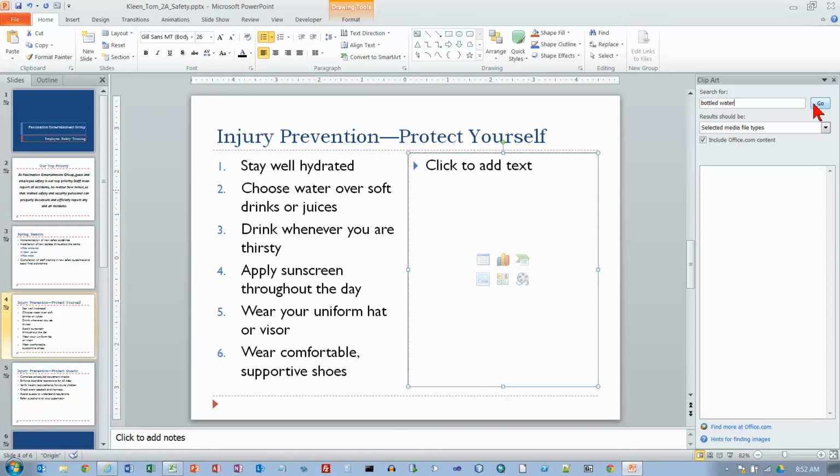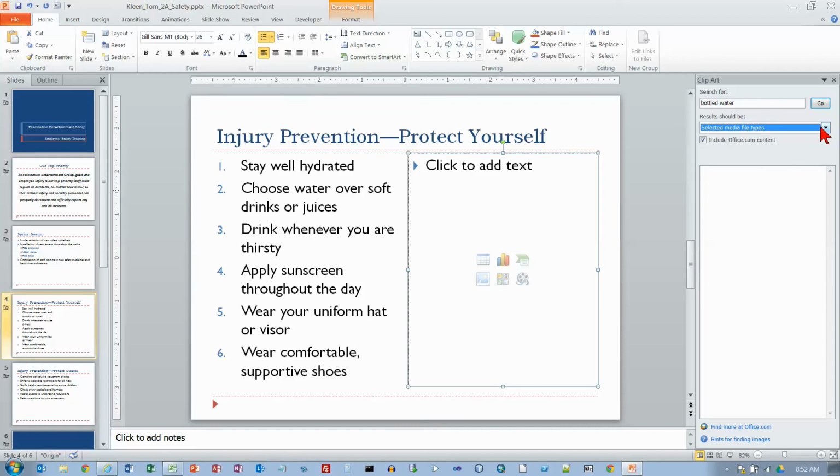And then we're going to click on okay, the results should be, and what we want here is we want to clear illustrations, and we only want photographs, which is already selected for us. So that's good. And now we're on the top of page 724, and